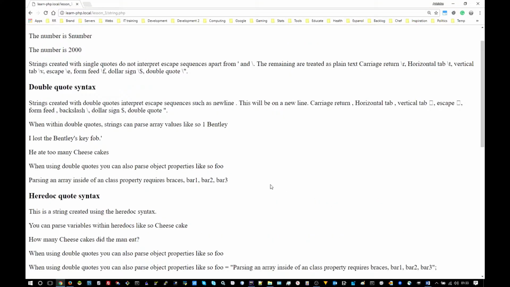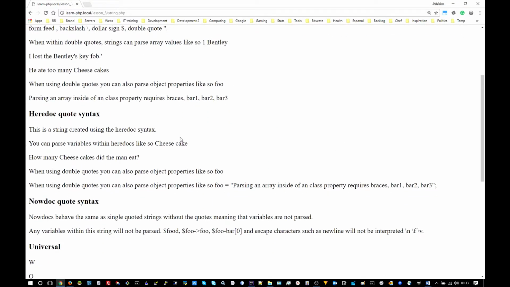So we can see HereDoc syntax. You can pass variables within HereDocs like so. Cheesecake was stored in the variable. How many cheesecakes? This was within the variable. Or actually, cheesecake is, and then the S is on the end, added on the end. We're passing the object property, which has this value here, and then we're also passing another